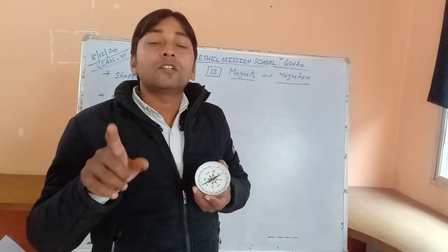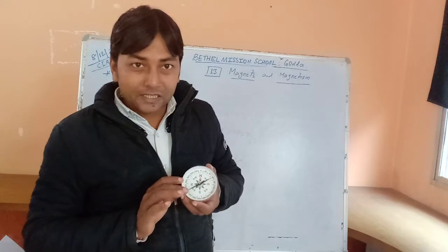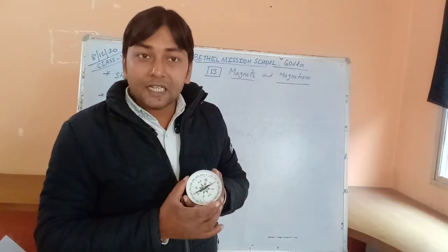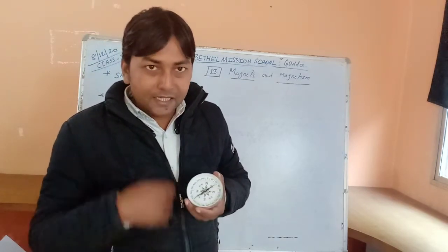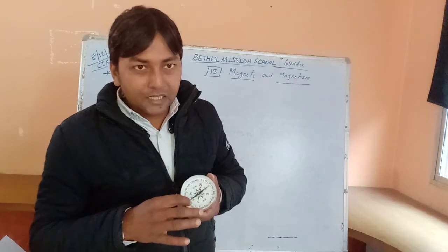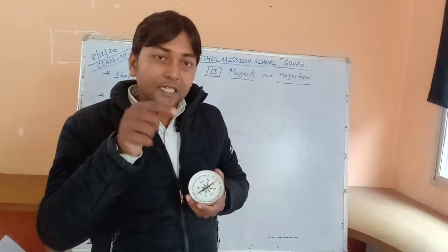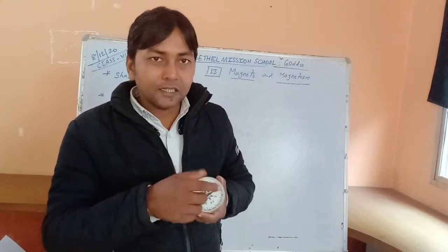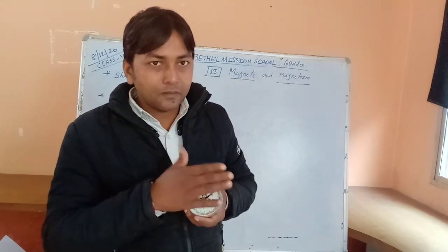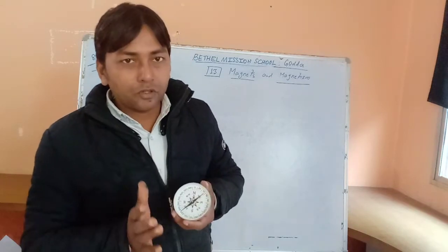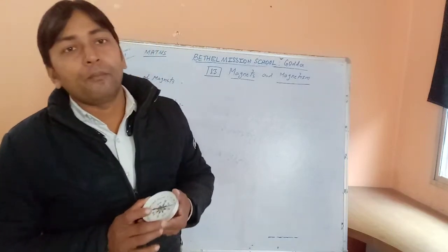If you want to know in which direction you are going, you can use this type of instrument. It is known as a magnetic compass. Its directions are written in a case, and one needle-shaped magnet is kept inside this box. A glass is put on the box so that it may be visible. This is a magnetic compass.